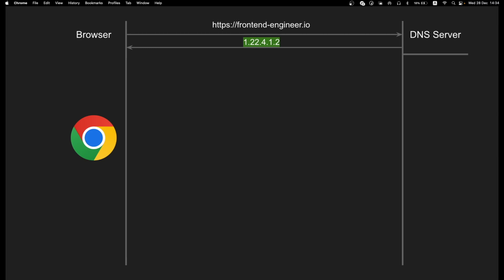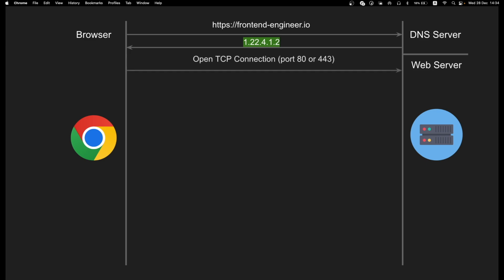The web browser asks your computer to open a Transmission Control Protocol, or TCP, connection over the IP address on the standard web port 80 if the connection is HTTP, or over the standard secure web port, which is 443, when the connection goes through HTTPS. When the browser has a connection to the web server, it can start asking for the website. This step is where HTTP comes in. If HTTPS is used, some extra steps are required to set up encryption, but we will skip this part to